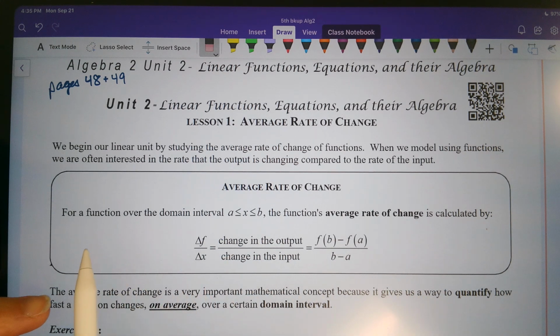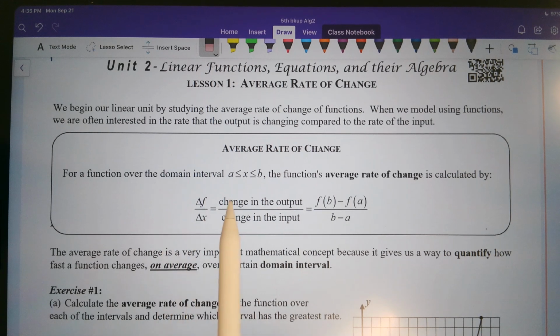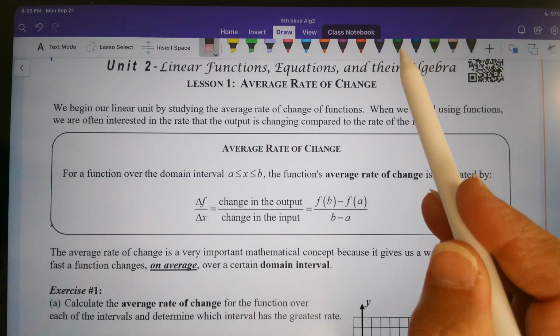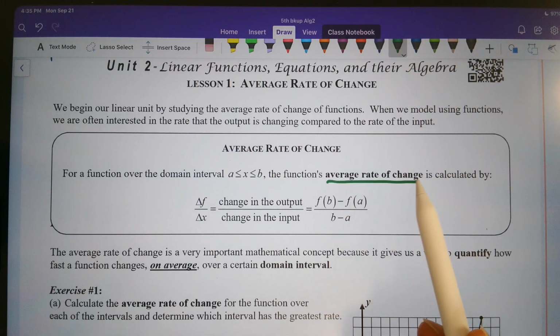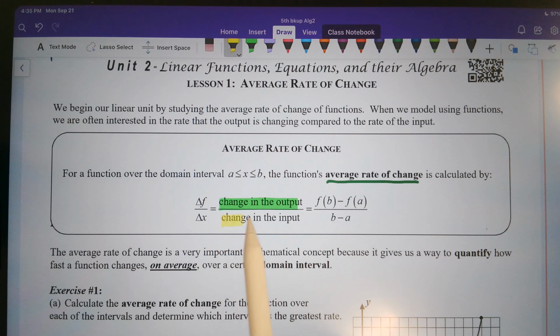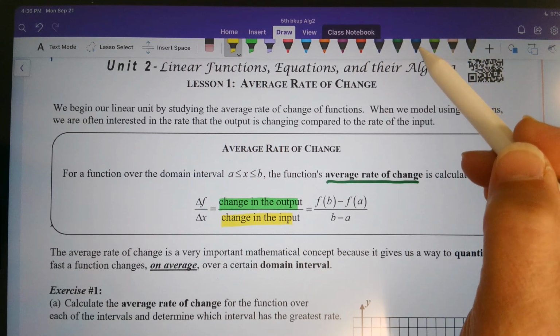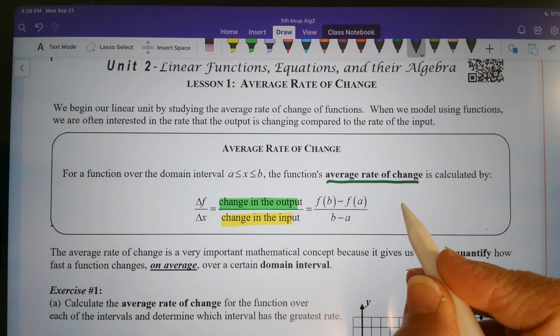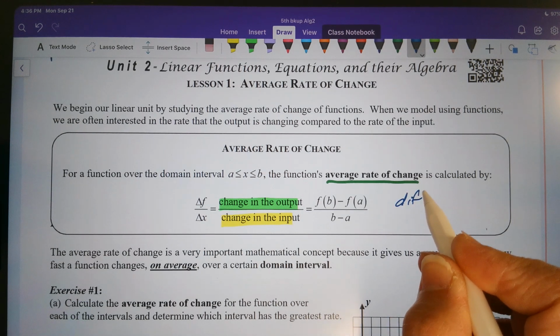Average rate of change for a function on a domain of x going from A to B is calculated by the change in output over the change in input. And it has to be in that order. The change in output is the numerator, the change in input is the denominator. When we're talking about an x and y axis and points, the change in output is our change or difference